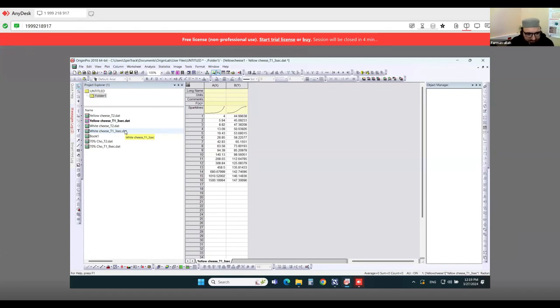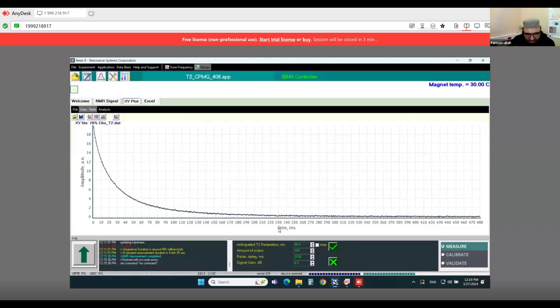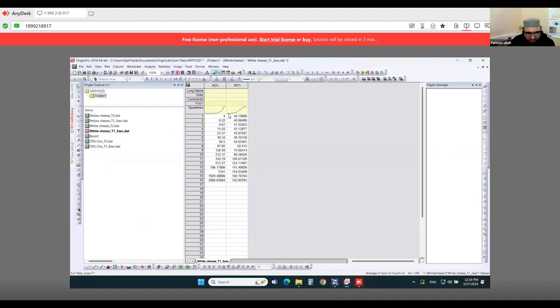So first I will combine them in one plot, then I will show you one by one. Let's take an example from our first sample. As you know, here the axis is in milliseconds, so we need to change this value from milliseconds